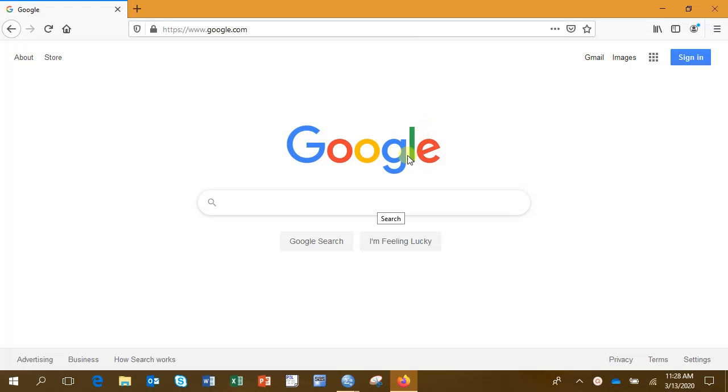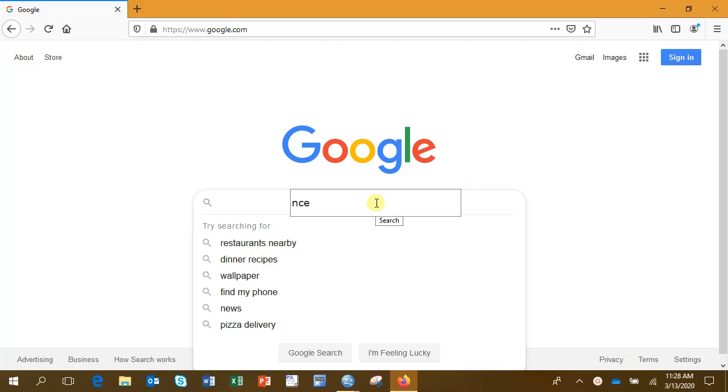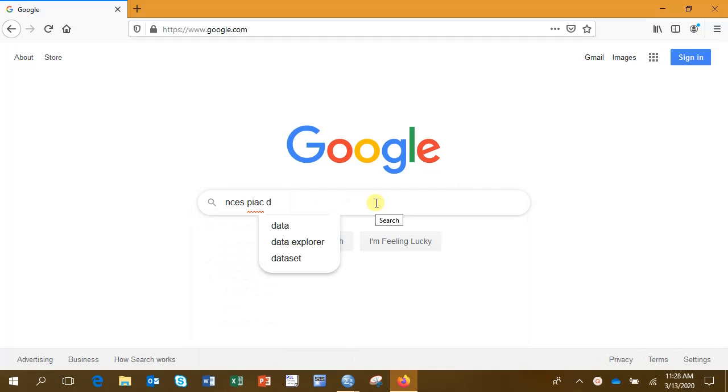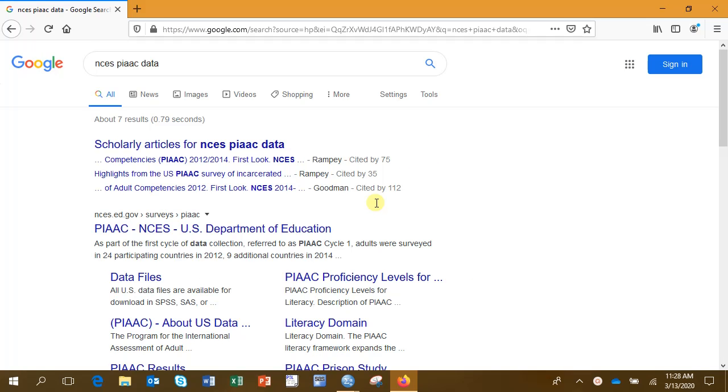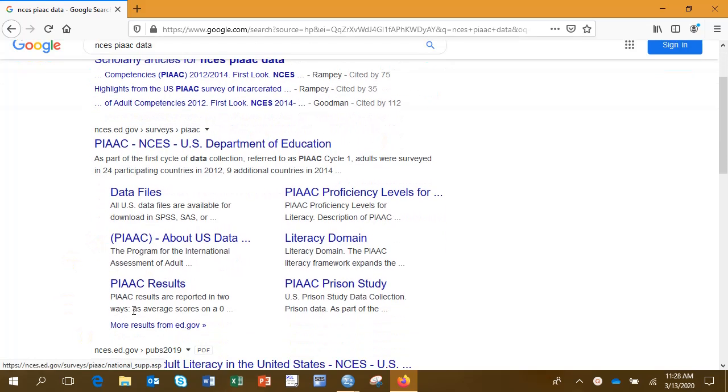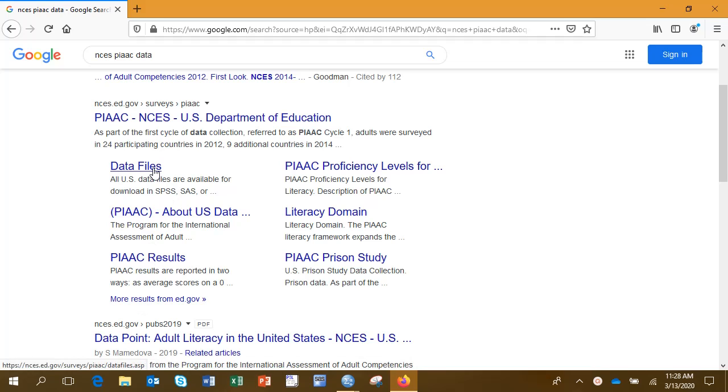To download the US PIAAC prison data, the first thing you'll need to do is go to the NCES PIAAC website, type PIAAC data, and you should get this selection as one of your first choices. Click on Data Files,